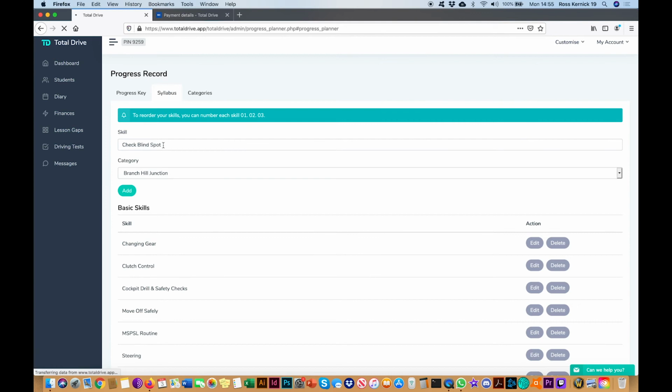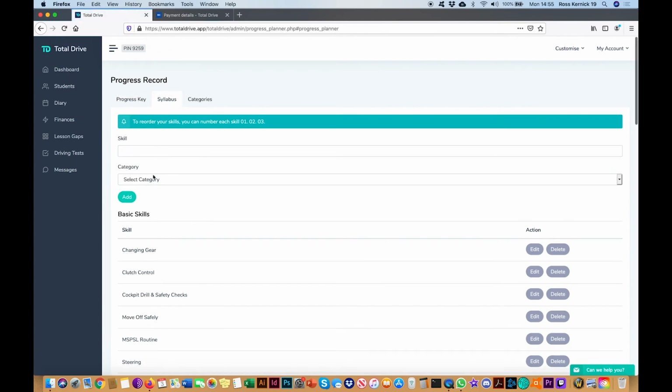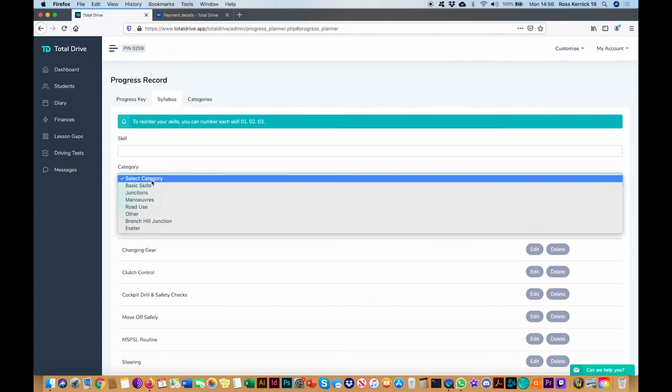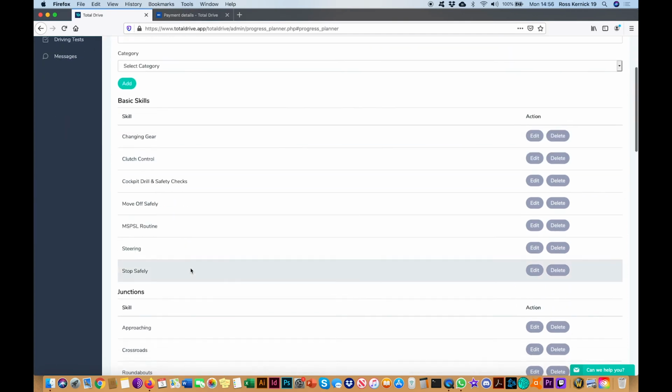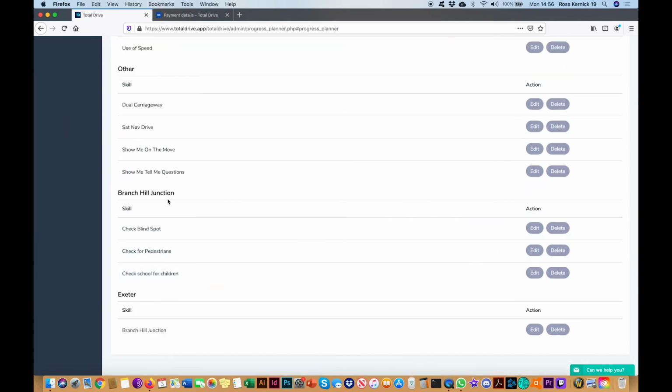Add that. We could say, let's say there's a pedestrian junction on that particular junction as well. And let's say there's a school very close as well. And now within that particular area, a category, you can actually now set that